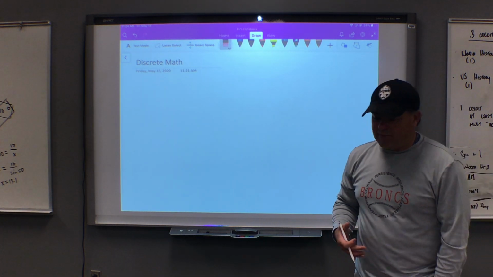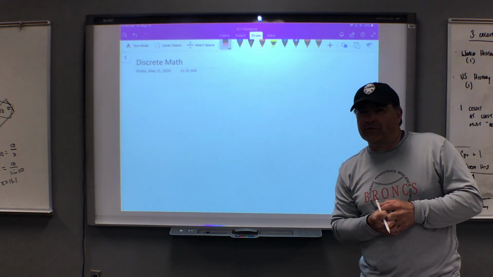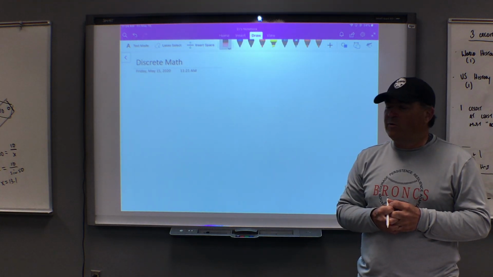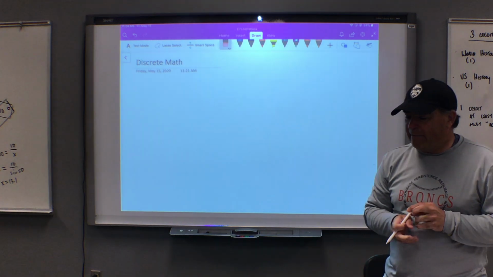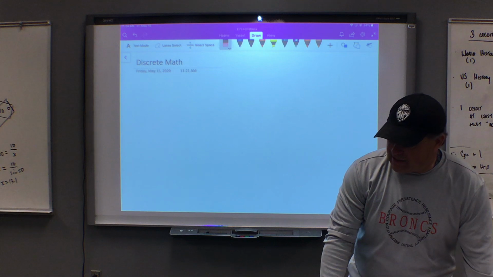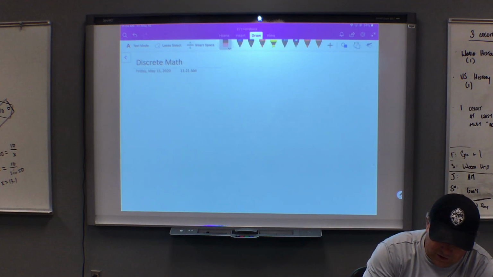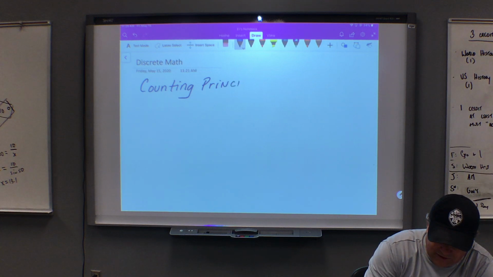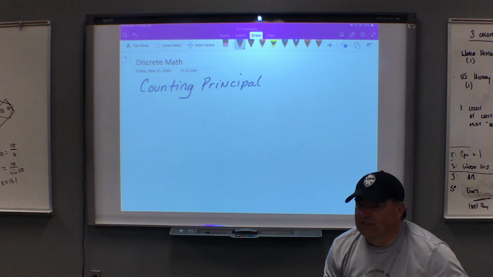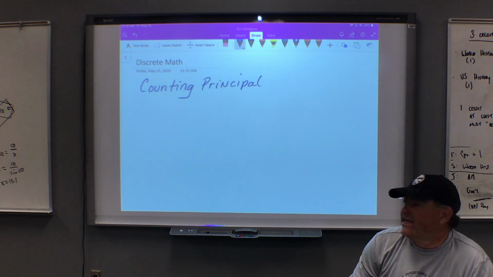Basically, this is basic combinatorics. It's how numbers kind of work together. And if you were in stats or probability, I'm hoping you saw some of this, but we'll see. So the basic thing I want to start you off with is what's called the counting principle. The counting principle is essentially going to talk to you about how many different ways you can arrange